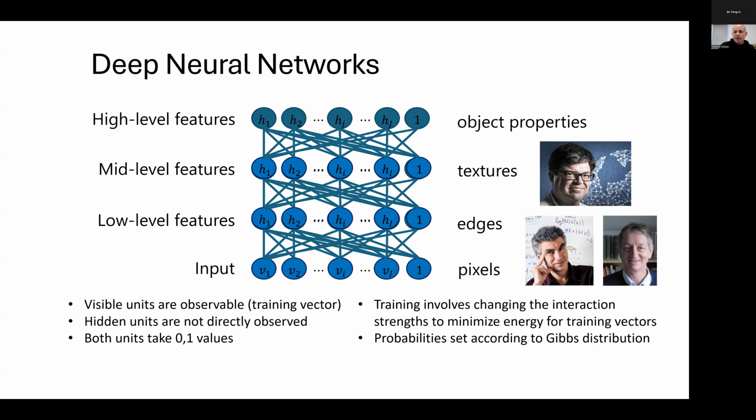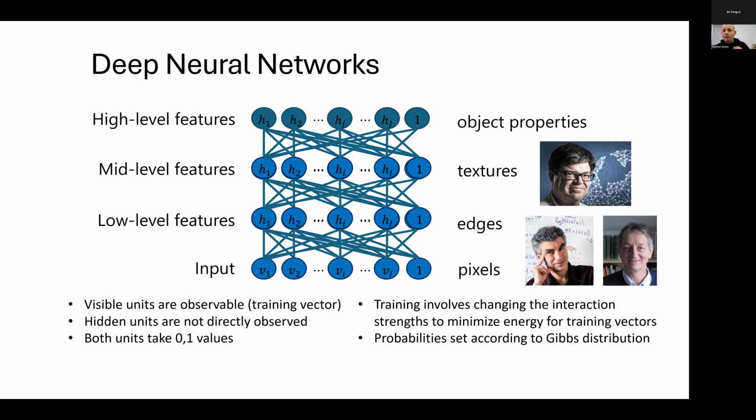In particular, for a classification task, given a set of cat images on the bottom, we'd like to output the probability that the high-level output, say a single neuron, decides whether it's cat or not cat. We'd like to make sure that it maximizes the probability of outputting cat when a cat example is given and minimizes the probability of saying not cat when a not cat example is provided. So this is the example that I like going with Boltzmann